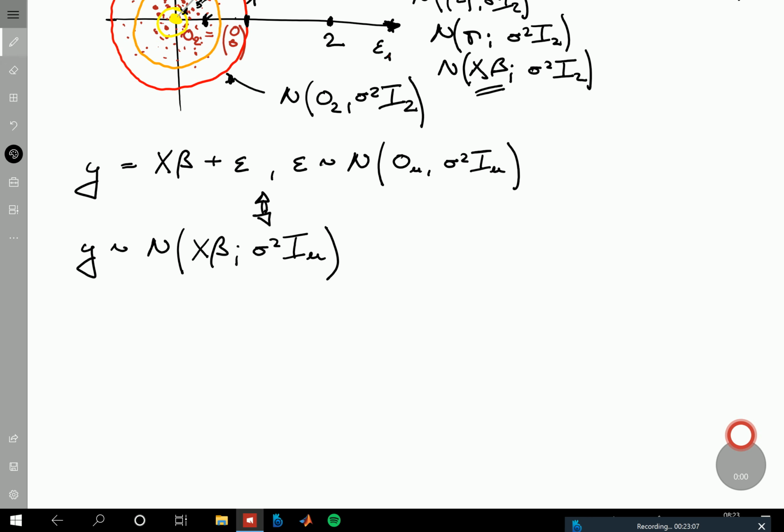Yeah, so this is what we've seen for the two-dimensional case. Now we basically just said, okay, instead of 2, we take n, so our x is again n times p, our beta is p-dimensional, our y is n-dimensional. And sigma square still remains a scalar value larger than 0. So now what has changed a little bit, or what the important thing is, is that we talk about the distribution